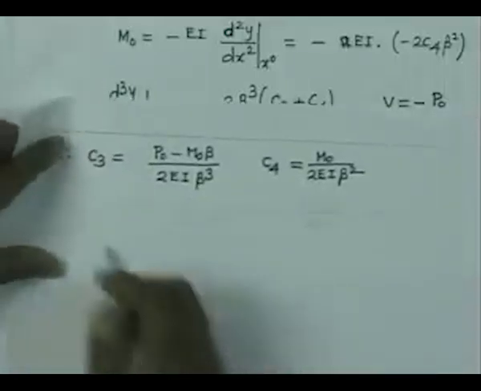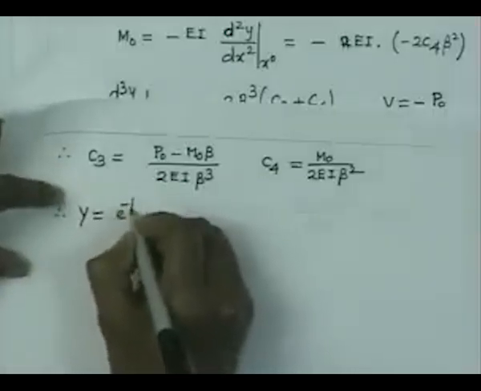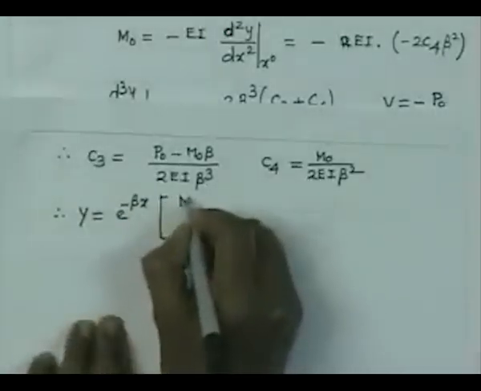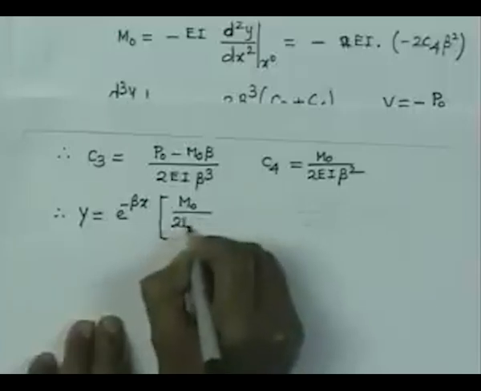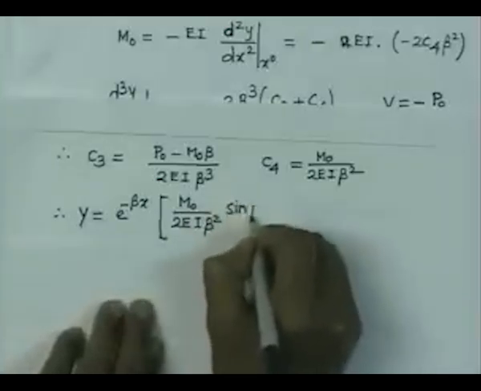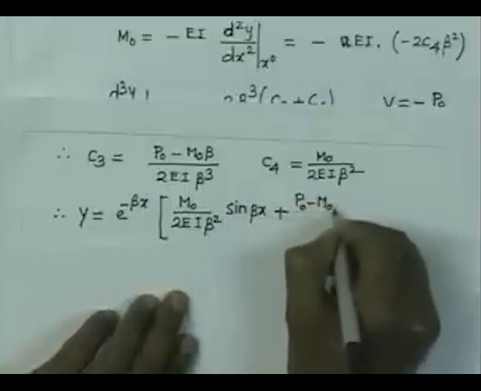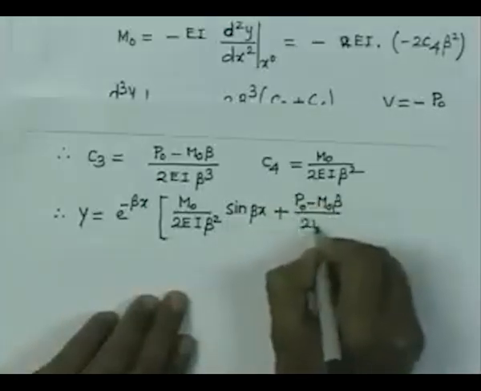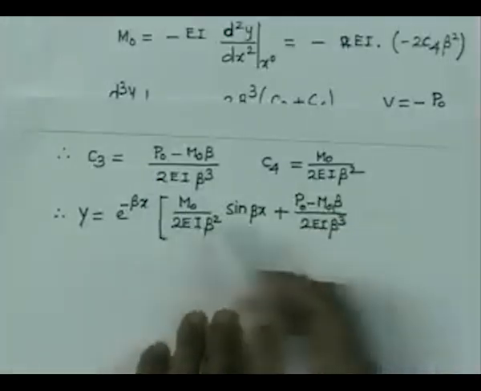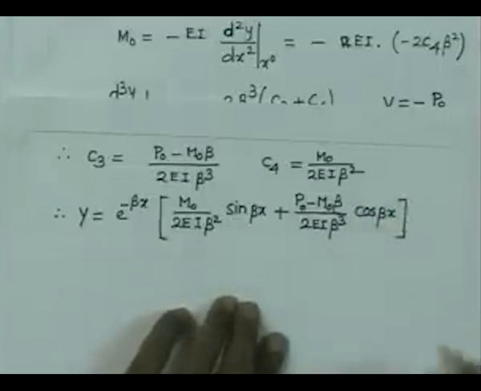And we can now write the deflection is nothing but y equal to e to the power minus beta x into M0 by twice EI beta square sin beta x plus P0 minus M0 beta by twice EI beta cube, so we have substituted the values of C3 and C4, this into cosine beta x. So, that is the expression for the deflection,